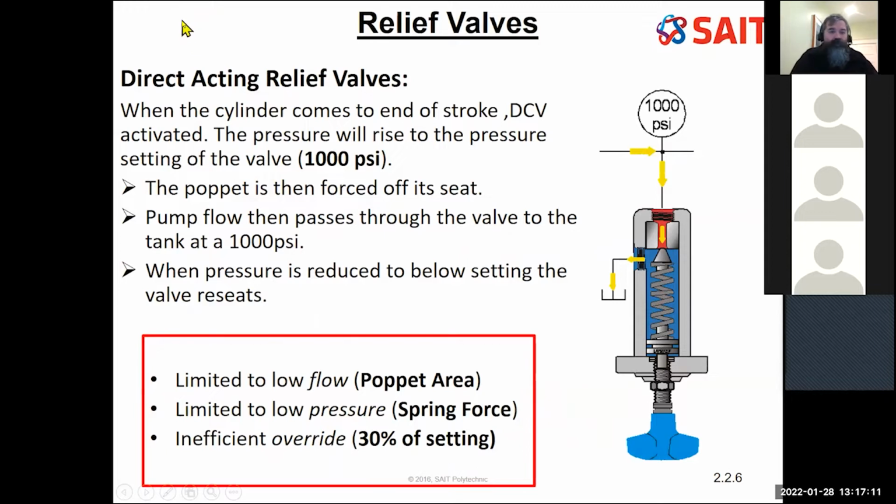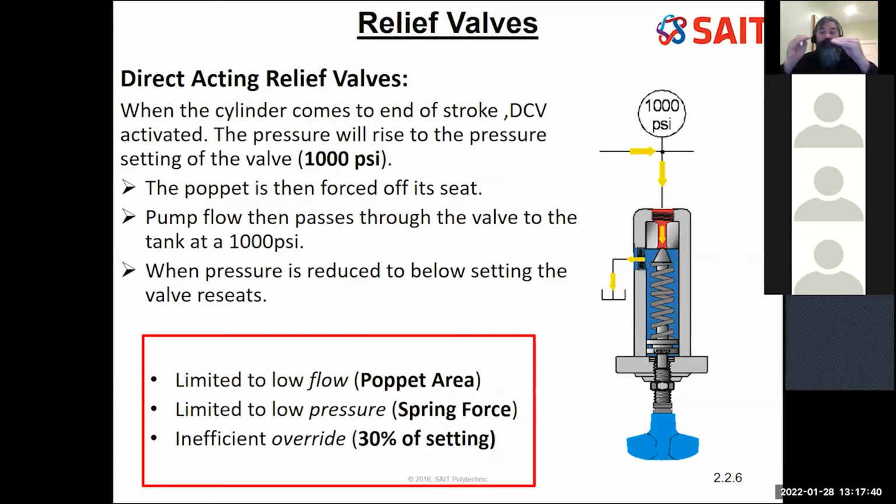So, direct acting pressure relief valve. I've spoken about this on the previous slide. We've got a limited flow based on how far this can open, how far the poppet can be pushed out of the way to allow a certain volume of fluid to flow through. We've got a spring force being delivered. The negative is that this is very inefficient, because